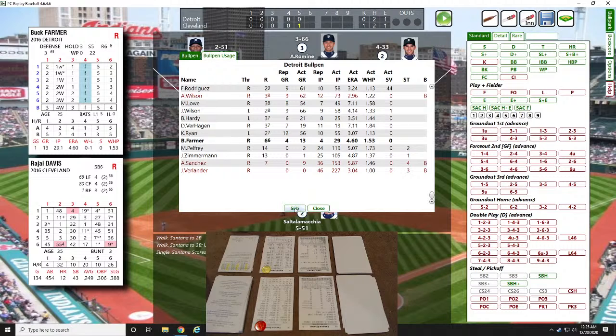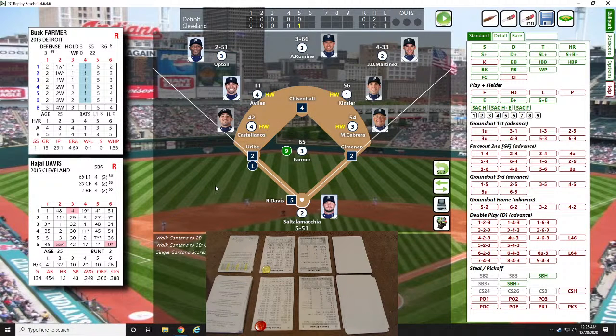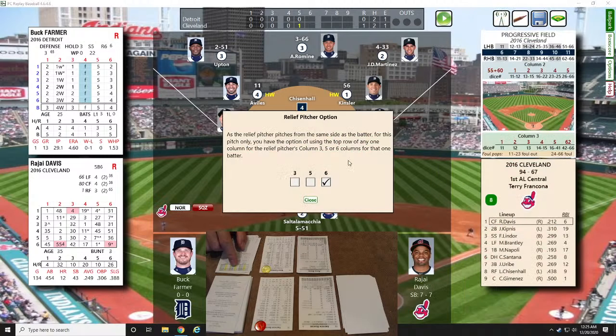for Detroit. Bases loaded, still nobody out here in the bottom of the 5th. And Chris, oh, that was him. So it's back to Raji Davis now. So Raji Davis can blow things open for Cleveland with a big hit. We're in the 5th. He rolls a 61. 61 is going to be a swing and a miss by Raji Davis. What's Raji done? So,